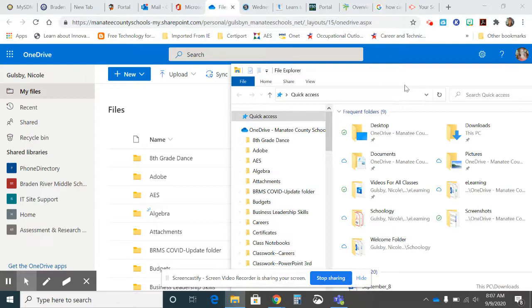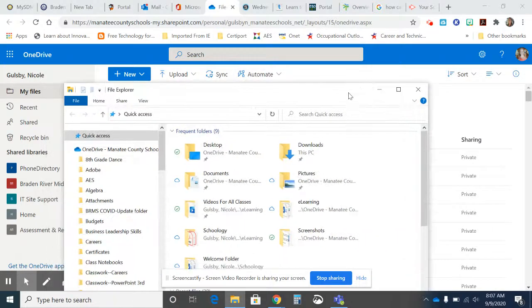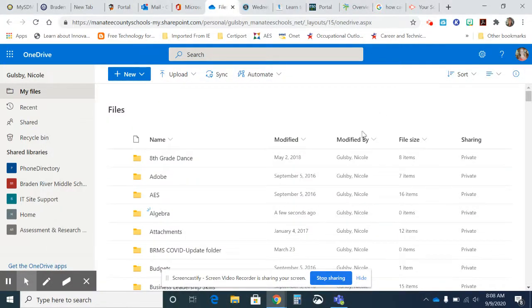Now, it's a good idea to get used to making files and folders. Don't be afraid to play around with it and try it. If you don't try it, you're not going to know how to do it. All right, so